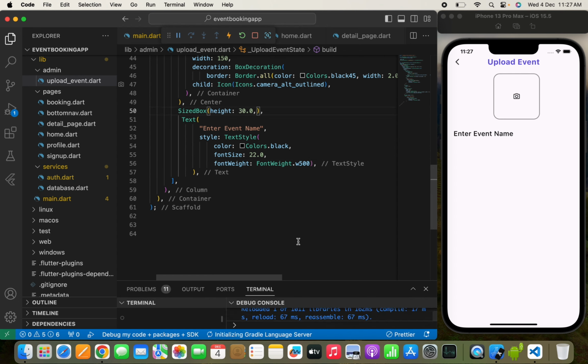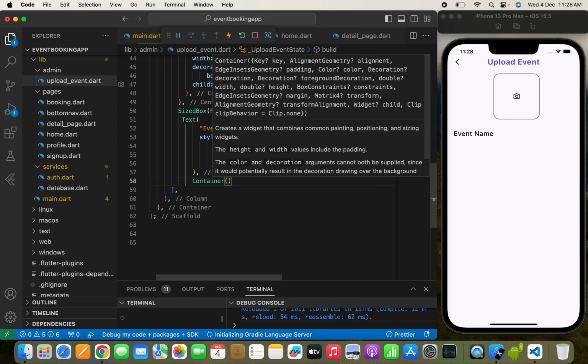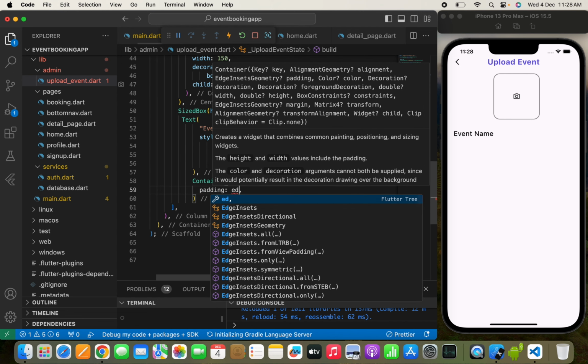Enter event name, or just write an event name. I think so it's okay. Yeah. Now once it is done, we need to use a text field. To create a text field, I will simply write a container, will pass a padding, EdgeInsets.symmetric, will use a horizontal 20.0,